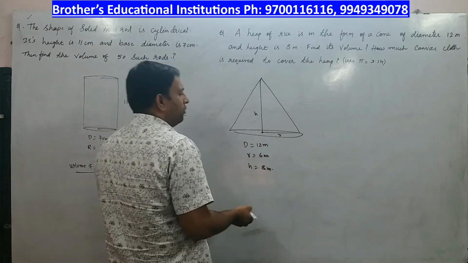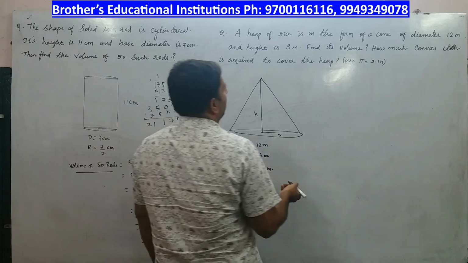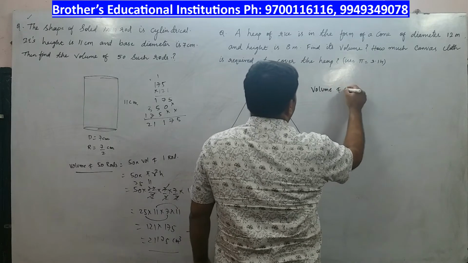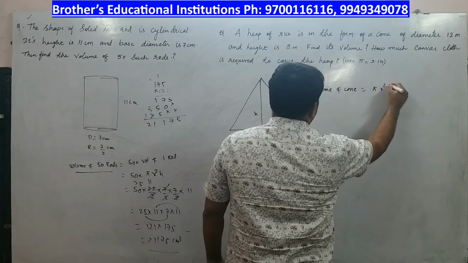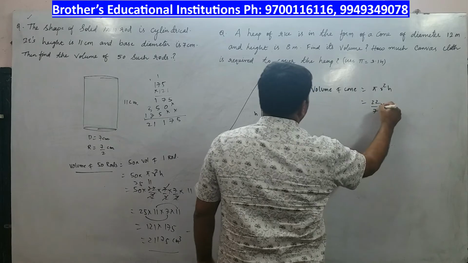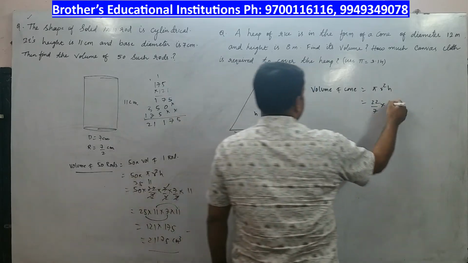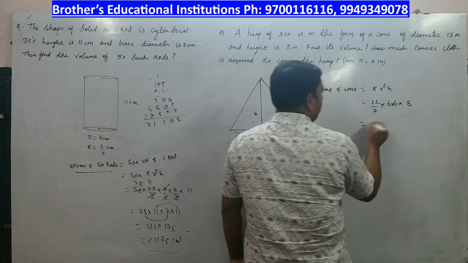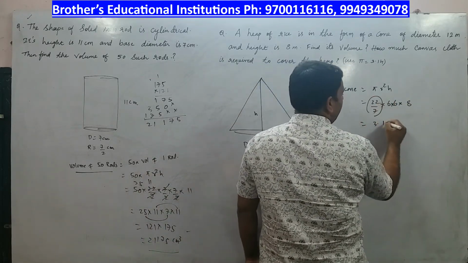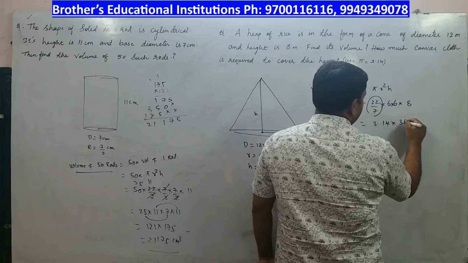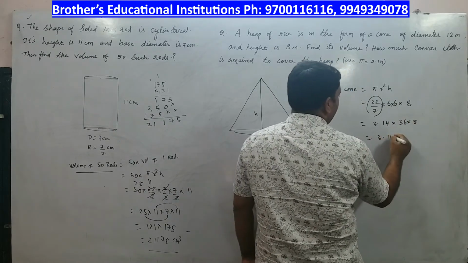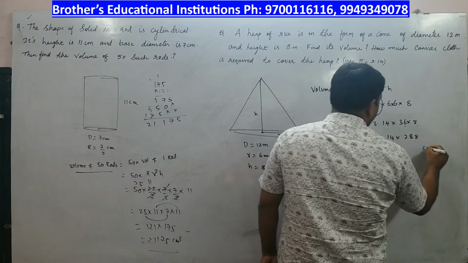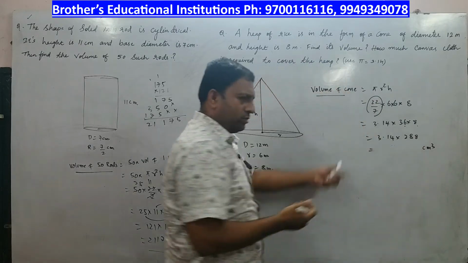In order to find the volume, we have the formula. Volume of the cone is equal to one third pi r square h. Pi is 22 upon 7 into r square, r square is 6 into 6, into h. h value is 8. So you can write 22 by 7 as 3.14 approximately. 6 sixes are 36 into 8. Again 3.14 into 36 into 8 will be 288. This multiplication you can do, and so many cubic units is the volume of the cone. You can try that at home.